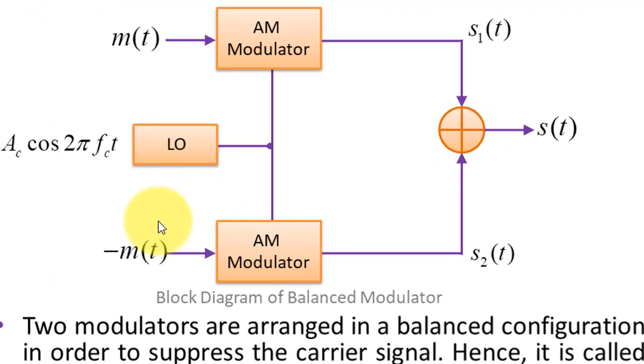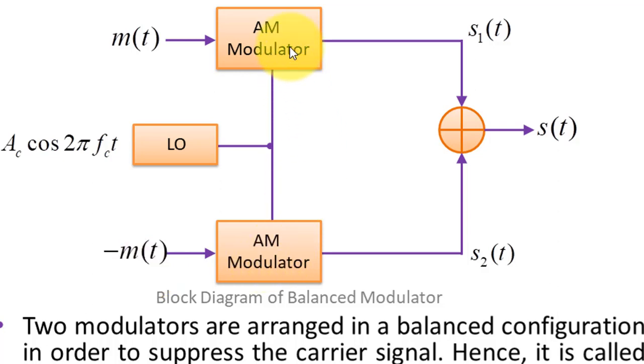First we're going to start with this balance modulator. This particular figure is showing the block diagram of your balance modulator. Here we'll be using two AM modulators. This is your first AM modulator, or you could say your upper AM modulator, and this is your lower AM modulator. The important point is that both of these modulators get the same carrier generated by this LO, which is equal to Ac times cos of 2 pi Fc t. One modulator gets the message signal m(t), and the second AM modulator gets the message signal minus m(t), or you could say the 180-degree phase shifted version of your original message signal.